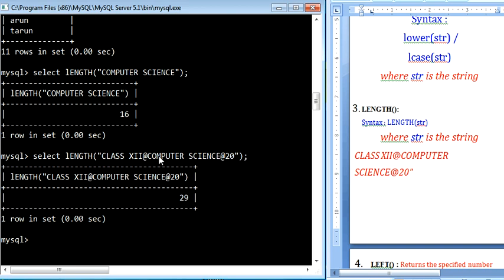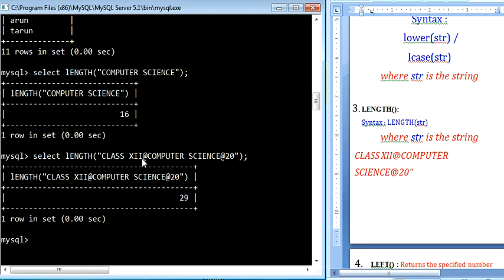Just count: computer science holds 16 characters, 2 symbols makes 18, 2 digits make 20, and class, 5 letters, makes 25, with the space 26, then 3 characters, that is 12th, 26 plus 3. Total 29. So this is how the length function works.